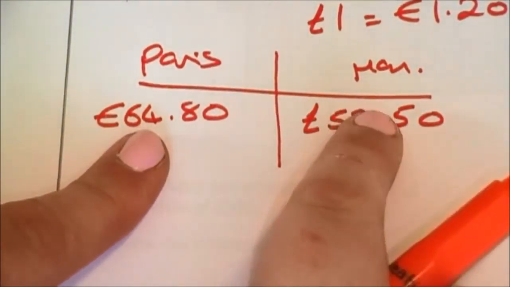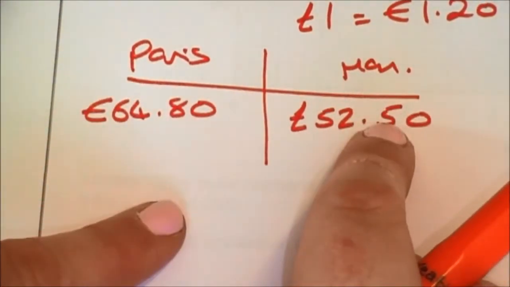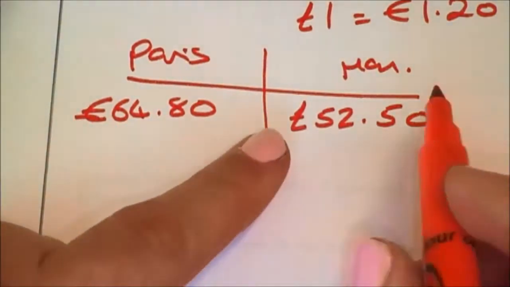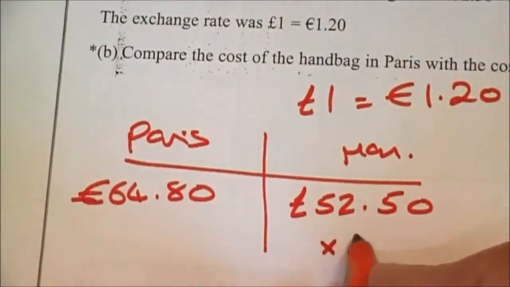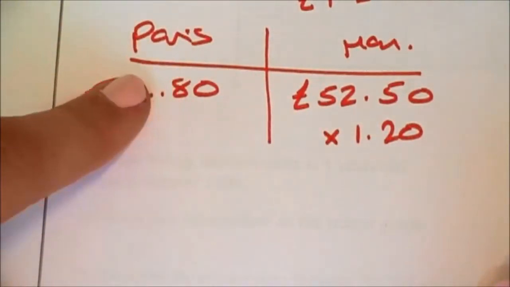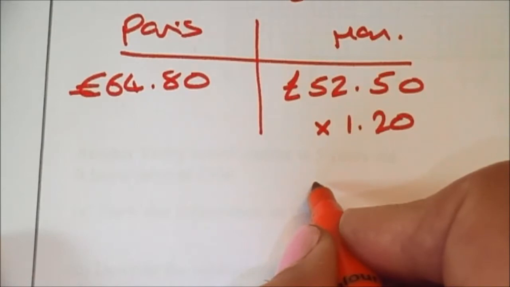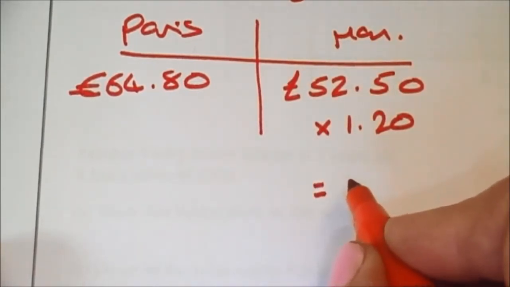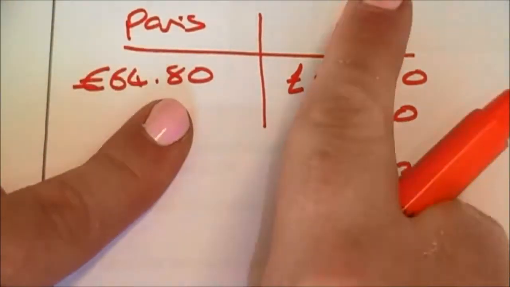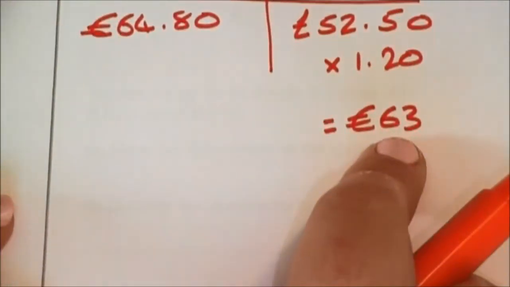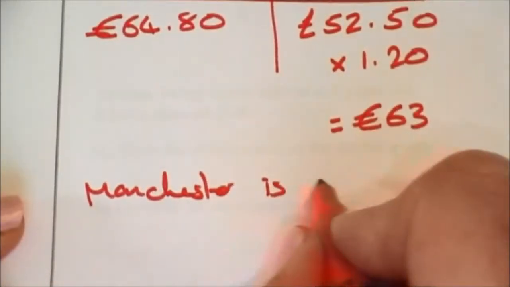I've got 2 options here. I can either convert this price into euros and compare, or I can convert the euros into pounds and then compare those two. I always recommend going from pounds into the other currency, because that is just the multiplying. It's no difference the other way, you just divide, but this seems more logical to me. So £52.50 times by 1.20 equals €63. So there I can see in Manchester it would cost €63, Paris €64.80. So I can say Manchester is cheaper